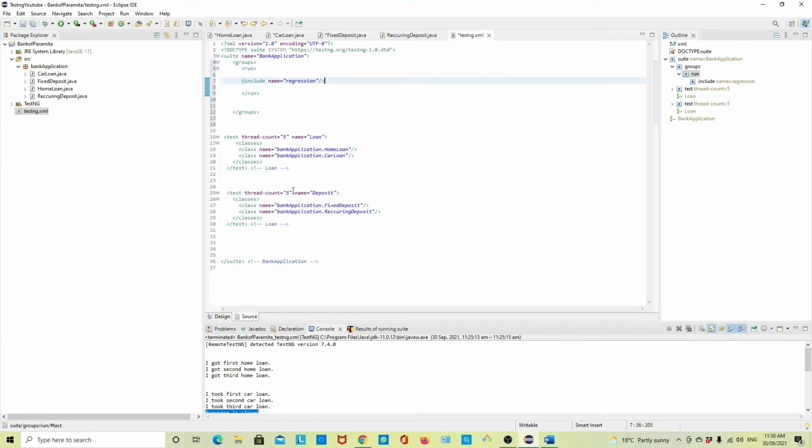Now this is an include tag, so it can be used for groups, and it can be used for single methods also. I'll show you that later on. Include, exclude: if you want to exclude something, just make an exclude tag like this, similarly. So now we want to run this regression testing, so we are using include. If we save it and run from here,